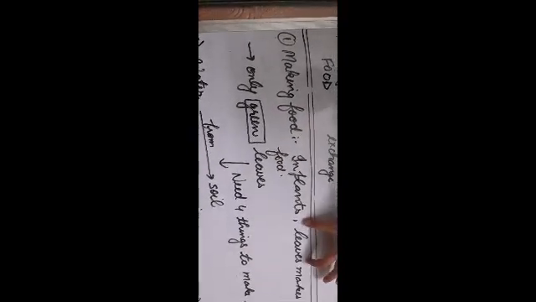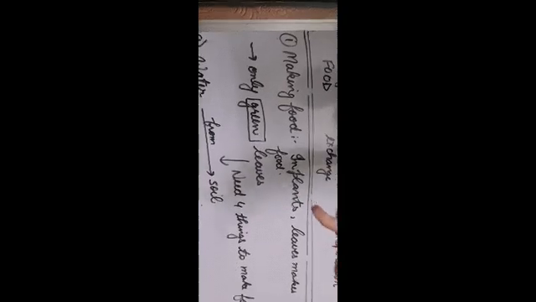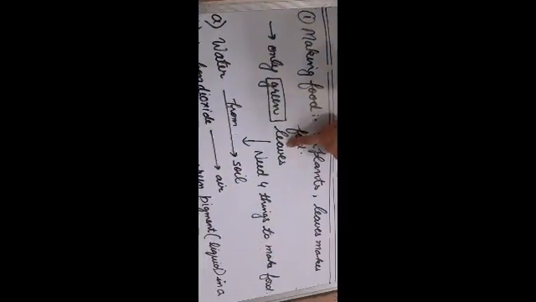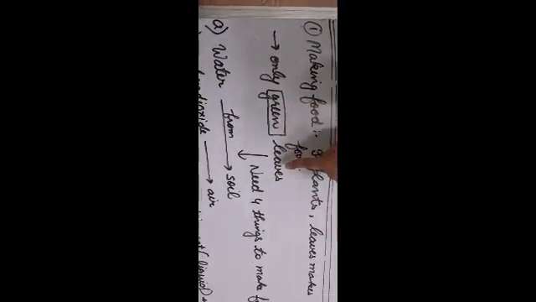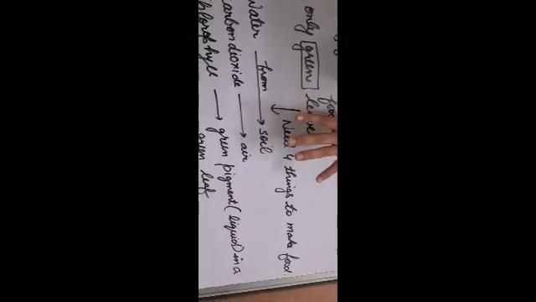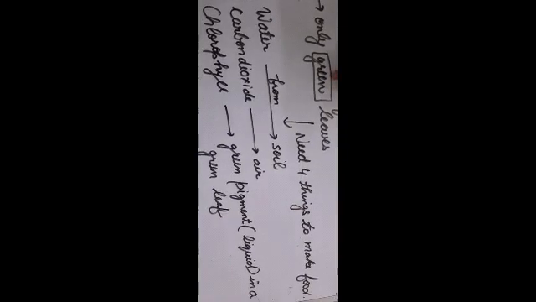Same way in a plant also, the food is made by the leaves only, not the roots, not the stem, not the flower, or not the fruits. Only the leaves can make the food, and that also green leaves. Only the green leaves can make the food, not the non-green leaves. A yellow leaf, a purple leaf, a pink leaf, that cannot make food. Now leaves need four things to make food.